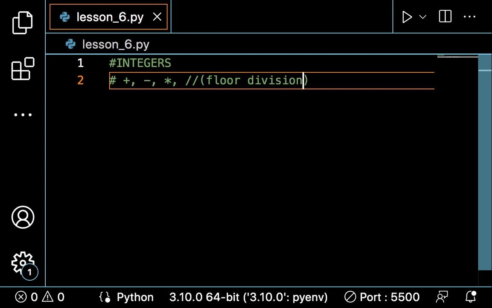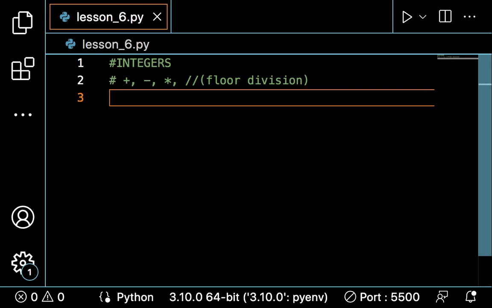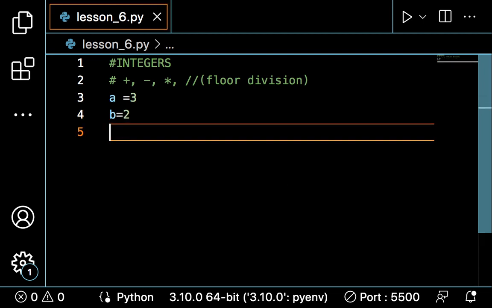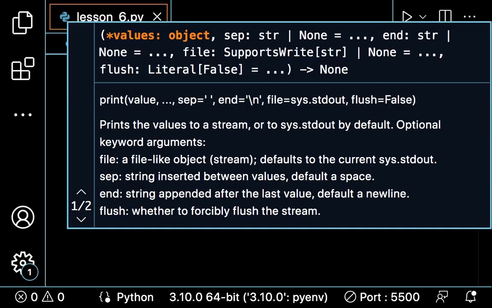Floor division. What is floor division? Floor division is a kind of truncating division. What it does is to eradicate the float. Let's say, for example, we have a equals 3, and of course b equals 2, and let's say divide equals, maybe you want to divide 3 by 2. Let's say 3 divided by 2, and we want to have an integer. If you divide 3 by 2, by the time you print divide,